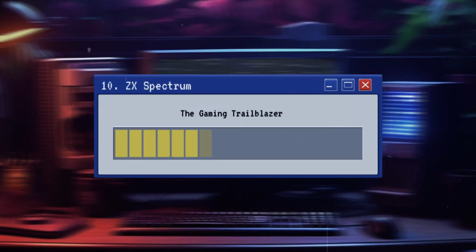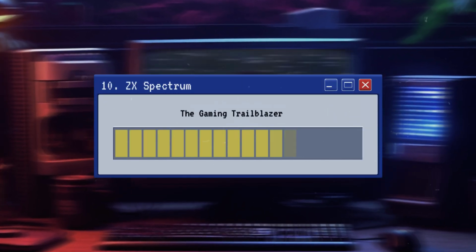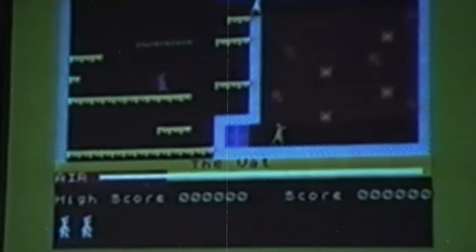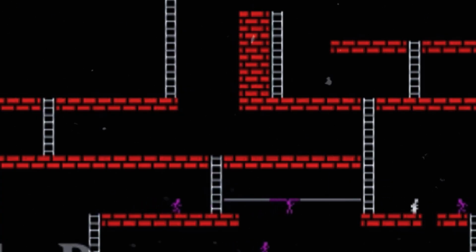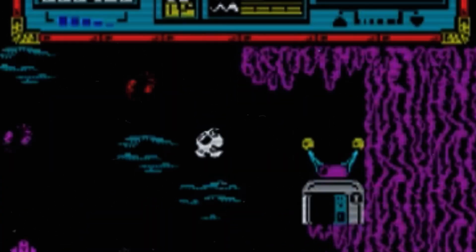Number 10. ZX Spectrum, the gaming trailblazer. Finally, we have the ZX Spectrum. This computer was launched in 1982 by Sinclair Research. It was very compact, affordable, and accessible, and this machine often became the first computer for millions of families, especially in Europe. With its Zilog Z80 processor, 16 kilobytes or 48 kilobytes of RAM, and rubber-keyed design, the ZX Spectrum